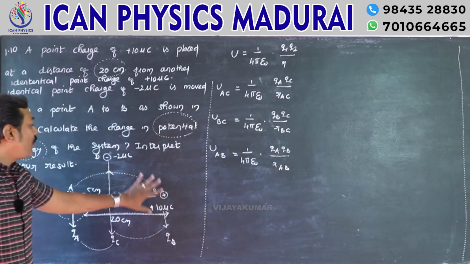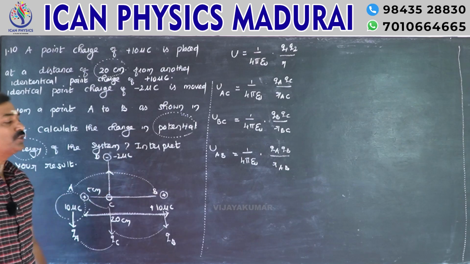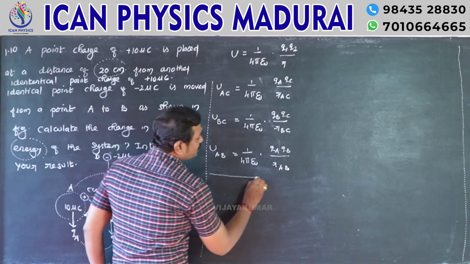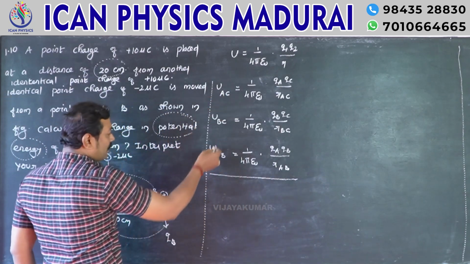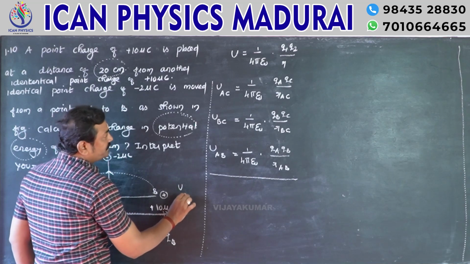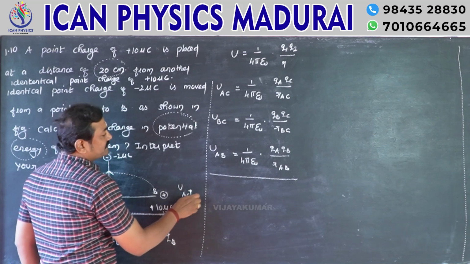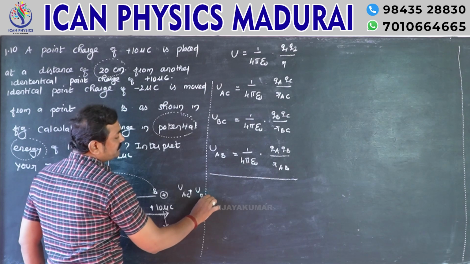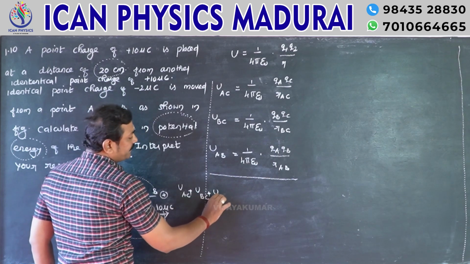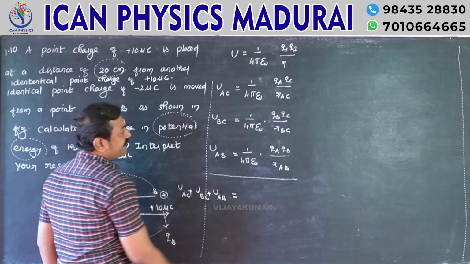So what about the total potential energy? For total potential energy, I want to add all those things. So U A to C plus U B to C plus U A to B, that is equal to,